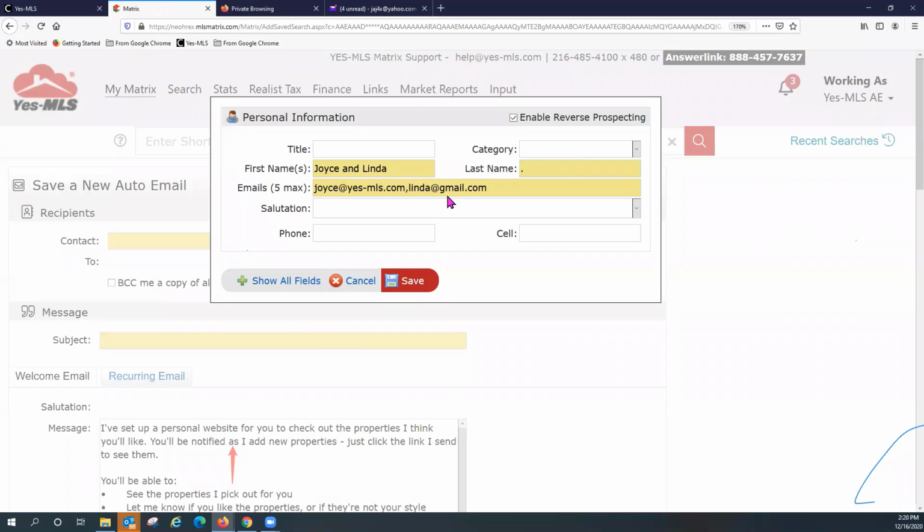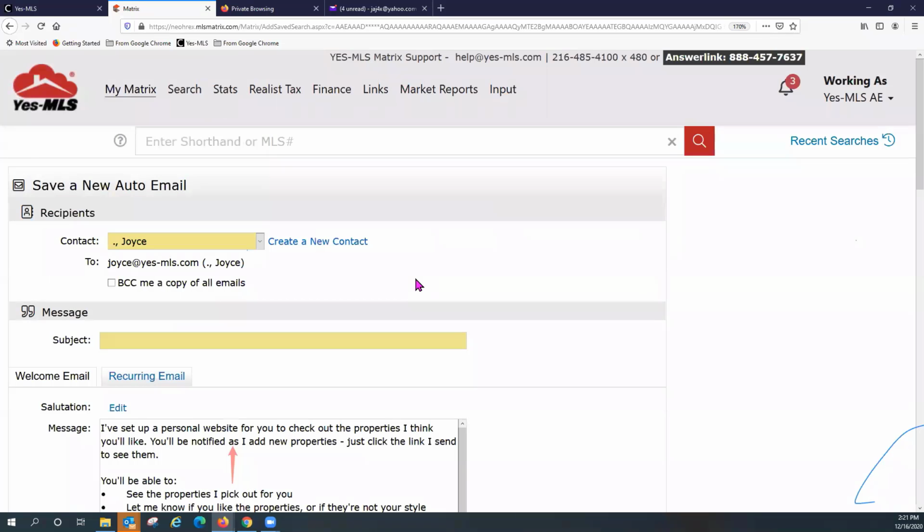Please make sure that you've entered this correctly. Take your time and make sure, because this is going to send that very first email. It's really important that you have this correct. They need to click that very first email that they get to turn on the auto email. So take a second look and make sure only a comma is required in between. All right, so we're gonna take that one off because we're only going to send it to Joyce. Okay, and